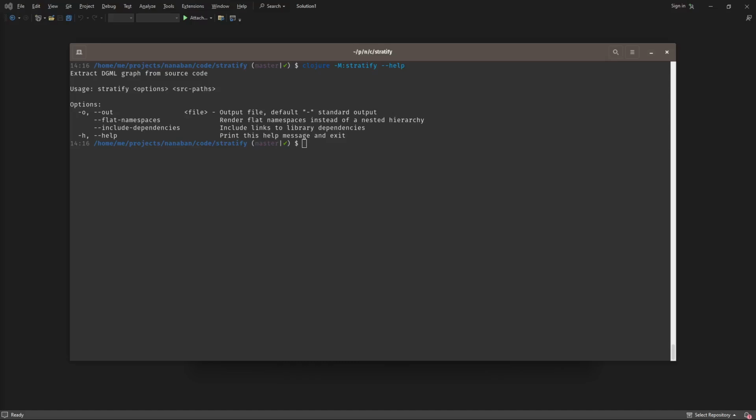To customize the extracted graph, you can provide additional options on the command line. You can see the list of available options in the help message. By default, namespaces are grouped into a nested hierarchy, but you can pass the flat namespaces option to prevent that. By default, also links to third-party dependencies and libraries are excluded, but you can include them using the include dependencies